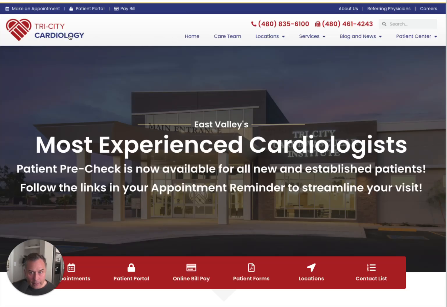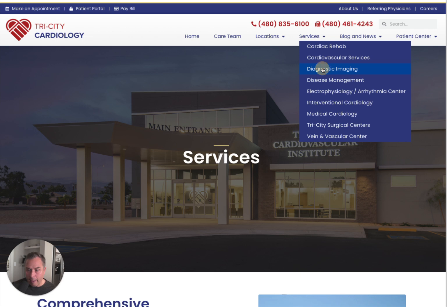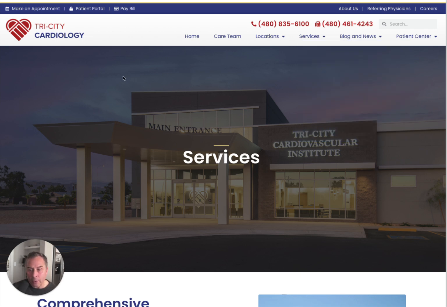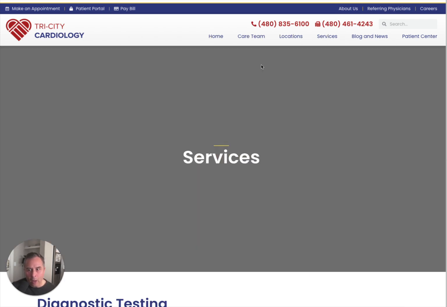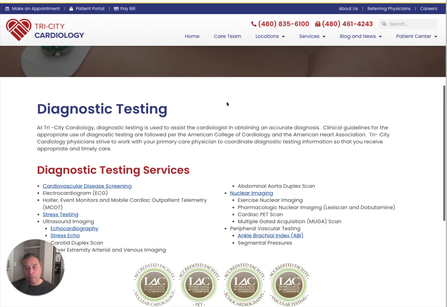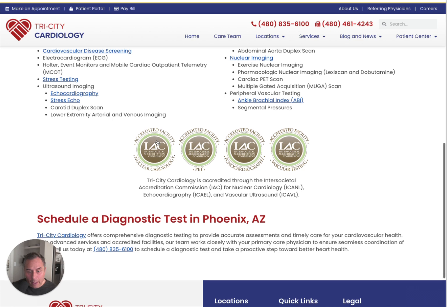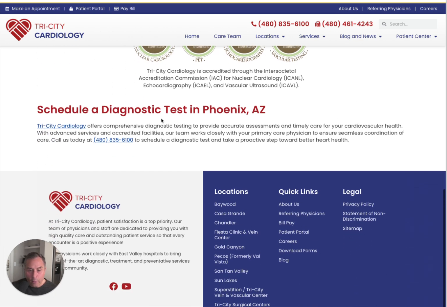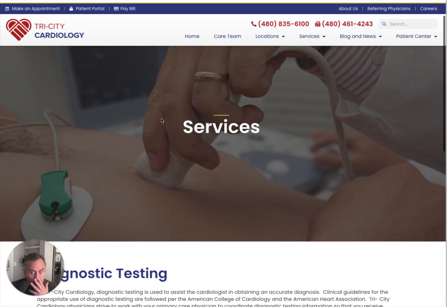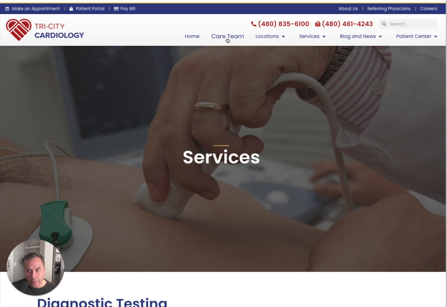Here's another example, Tri-City Cardiology. Again, I haven't spent much time here looking at the services, but it looks like they have different sections, right? Diagnostic imaging. What does the revenue look like for that, right? So what are we willing to spend to bring somebody in for diagnostic testing? What is the conversion rate between diagnostic testing if they get in the door and they get tested and then they go on to different services? So that's important as well. So you can see on this page, there's a lot of trust signals, a way to schedule. I mean, there's not as much content as the other one for sure, but this is structured pretty well and they have a whole bunch of different locations, right? So definitely start thinking about that for sure,